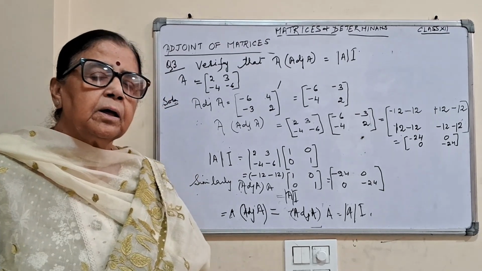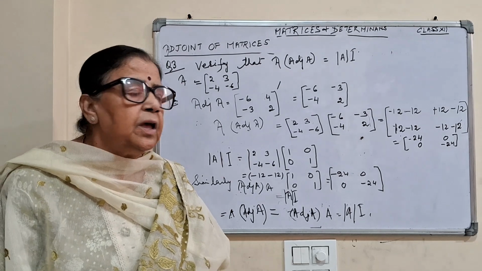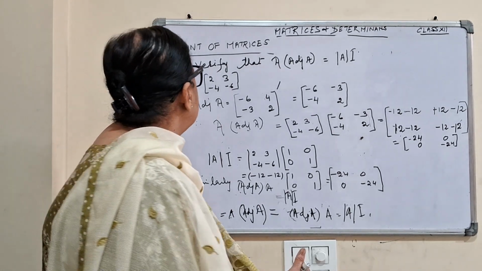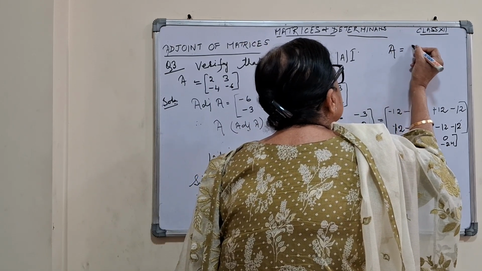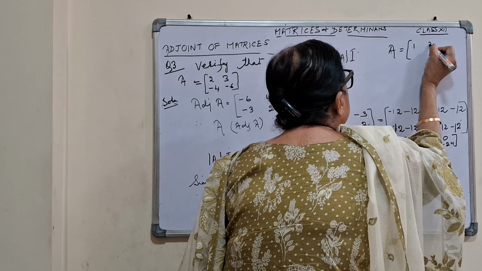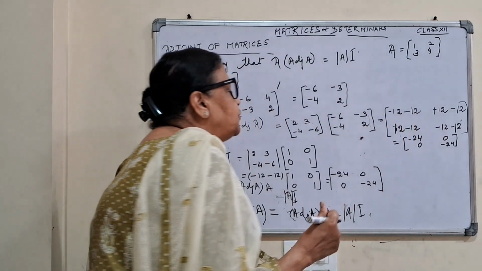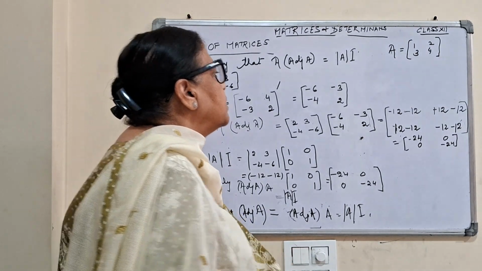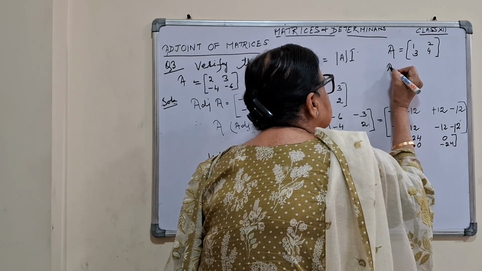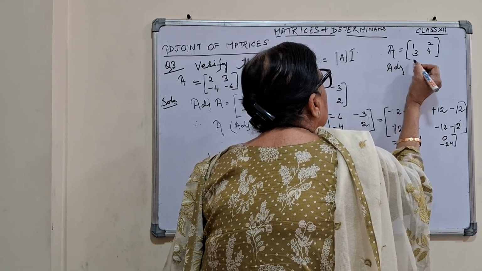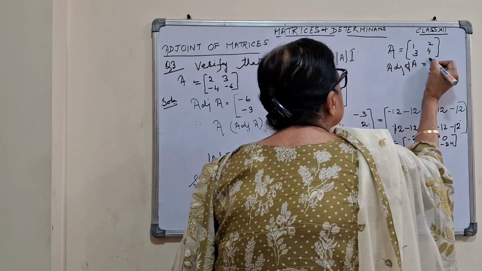We are going to start adjoint of matrices. Now, what is the adjoint of a matrix? Given A = [1, 2; 3, 4], the adjoint of this matrix will be the adjoint of A, that is the transpose of